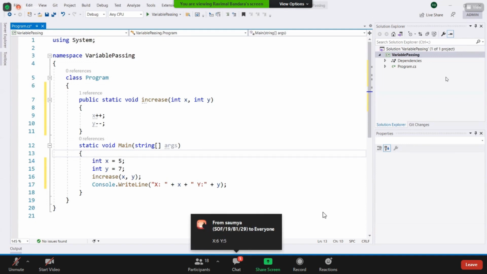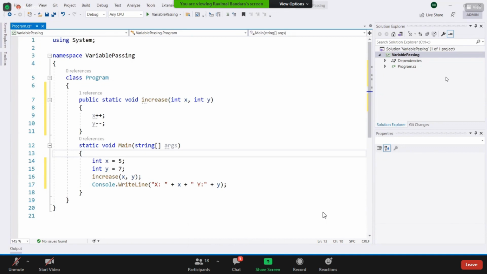Any different answer? Okay, got another answer from Saumya: X equals 6, Y equals 5. It's almost the same answer, right? Anybody got a different answer?